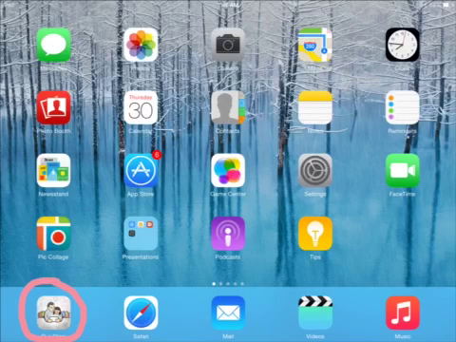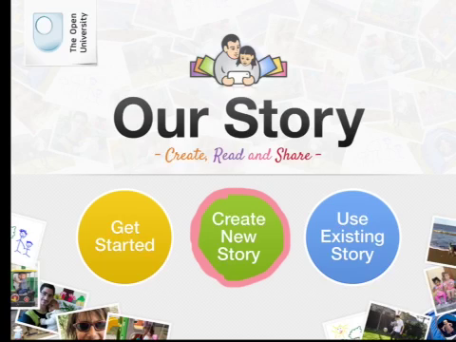So when you click on the app, it'll bring up something like this. And when this shows up on your screen after it loads, you're going to click Create New Story, which I have circled here in pink right in the middle. When you click that,